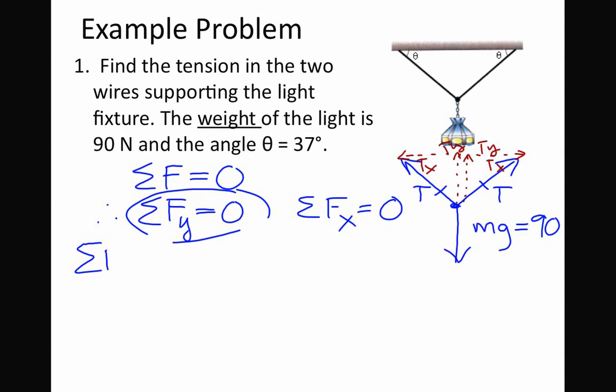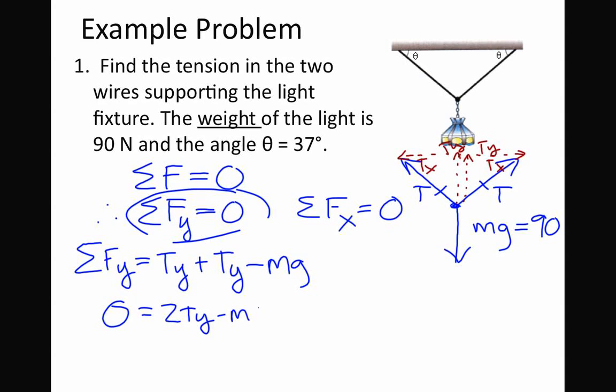So sigma Fy, the net force in the y direction: there's two upward tension components, and then there's the weight going down. So if we plug in that this is 0, and since these are the same, it's going to look like this, then we can find Ty. Ty is going to be mg over 2, which is 90 over 2, which is 45 newtons. But that's just Ty. What it wants is the tension. Remember, there's an angle here. This angle